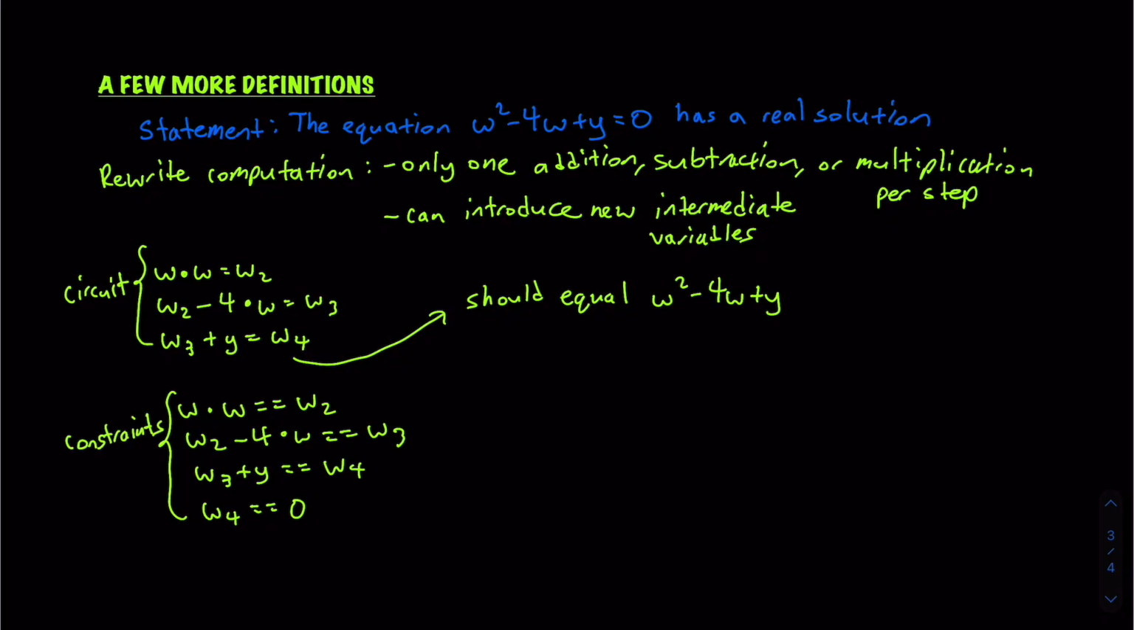Imagine both the prover and verifier have this set of constraints. They've agreed upon them ahead of time. What this means is that if the prover can provide values for w, w2, w3, w4, and y, such that all of the constraints hold, the verifier can be convinced that the statement is true. In other words, the prover has successfully shown that the equation w squared minus 4w plus y equals 0 has